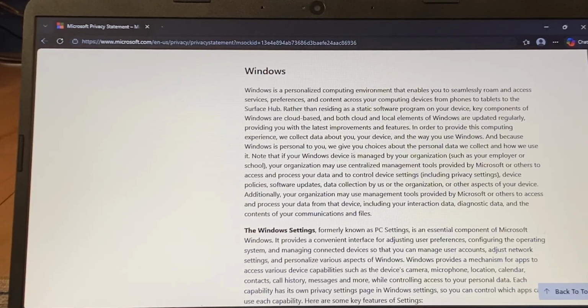In order to provide this computing experience, we collect data about you, your device, and the way you use Windows. And because Windows is personal to you, we give you choices about the personal data we collect and how we use it. Note that if your Windows device is managed by your organization,